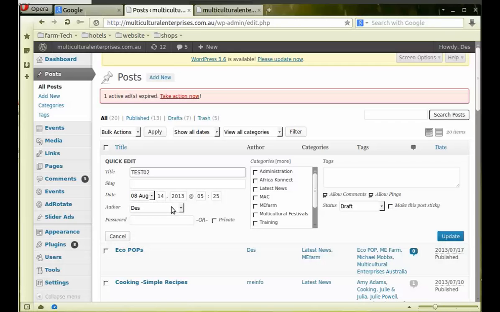Author, you can change the author, you can put in the password, or you can make it private. You can put in the category, you can put in the keyword tags, you allow comment, okay, and the status. That's what you can update in quick edit. It's not about the article, it's about publication. Okay, we'll go back to